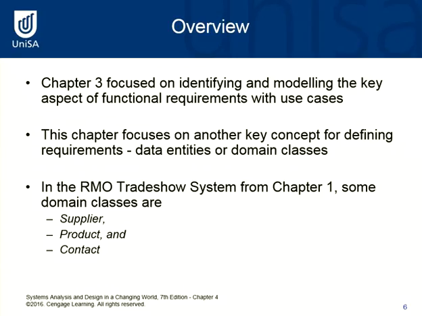This week we're focusing on another concept, again to do with modelling requirements, which is data entities or domain classes. Now, in the RMO trade show system, which was mentioned in Chapter 1 throughout the textbook, just to give you some examples of domain classes, we have a supplier, a product, and a contact. These are all things that we need to store information about. If it's a thing and we don't need to store information about it, then we don't need to model it